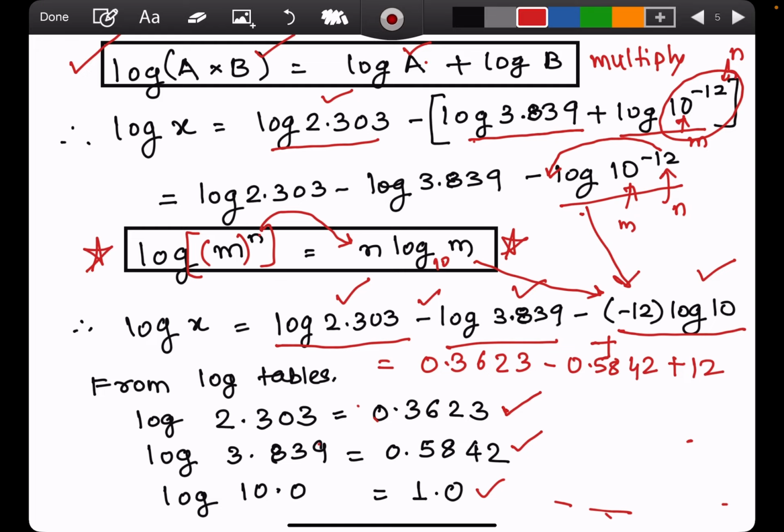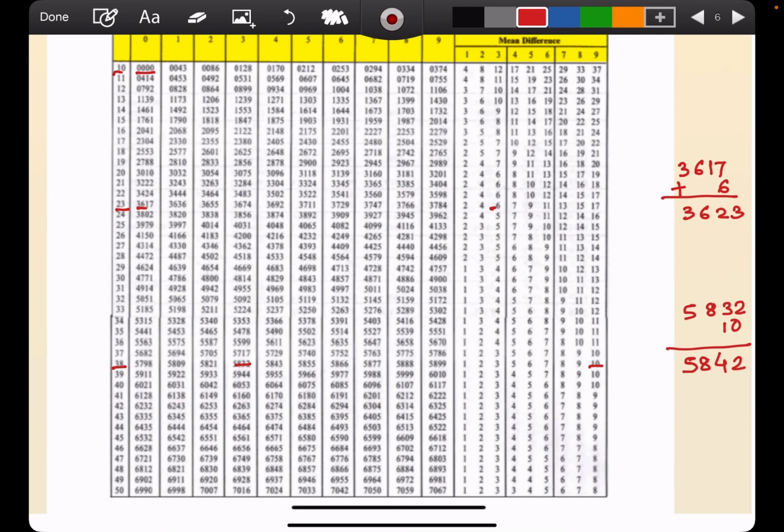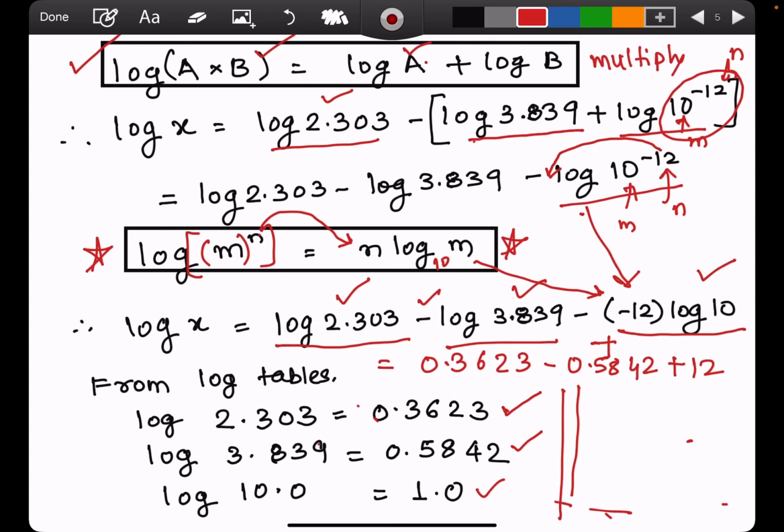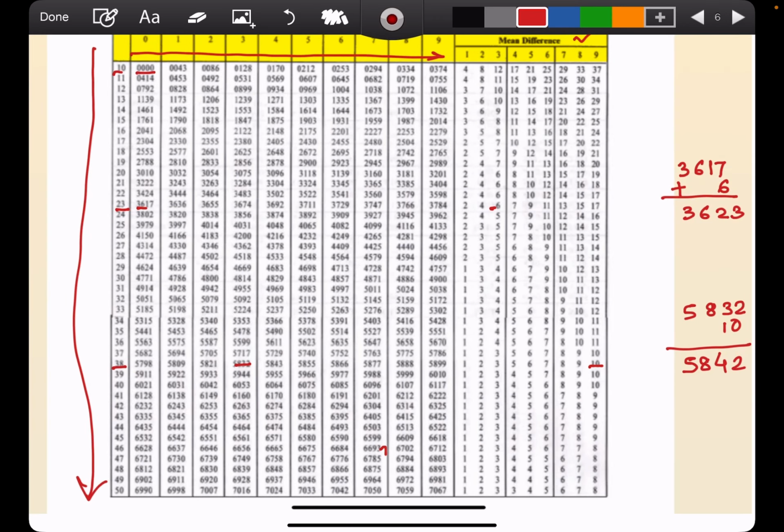Okay, but before that, how do you get these values from the log table? For getting these values, you need to know how the log table looks. So this is how the log table looks, where you have certain values from 10 up to 99. Then you have certain columns from 0 to 9. And then there is an additional column which is the mean differences. Now let us say that I want to find the value of log of